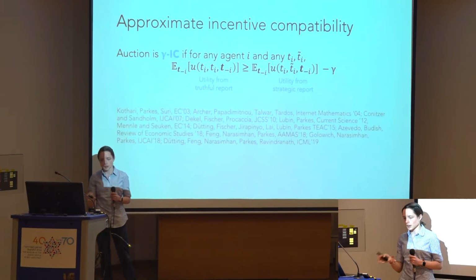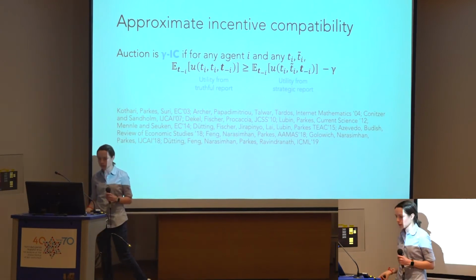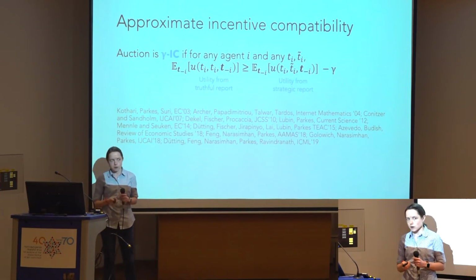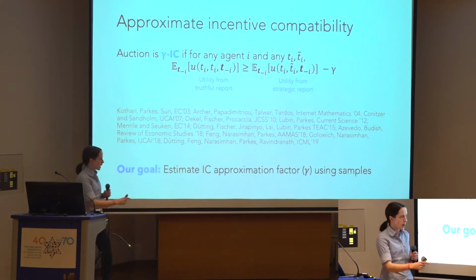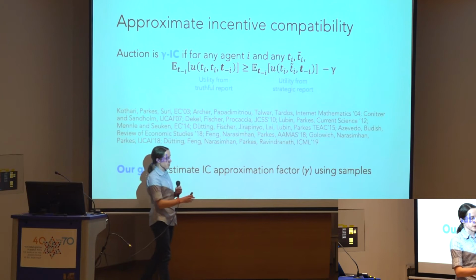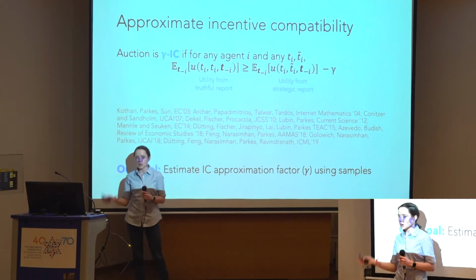This flavor of approximate incentive compatibility has been studied pretty extensively. And like I said, our goal is to estimate this approximation factor gamma